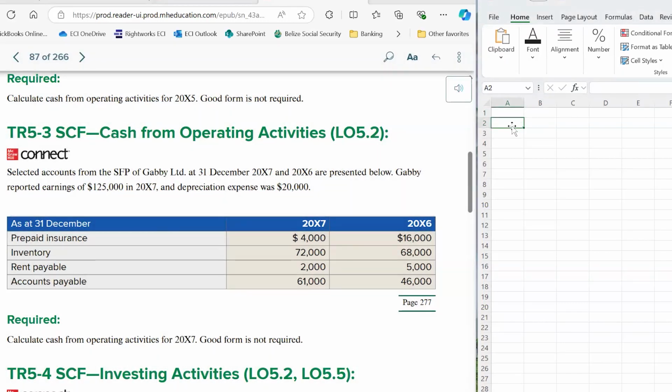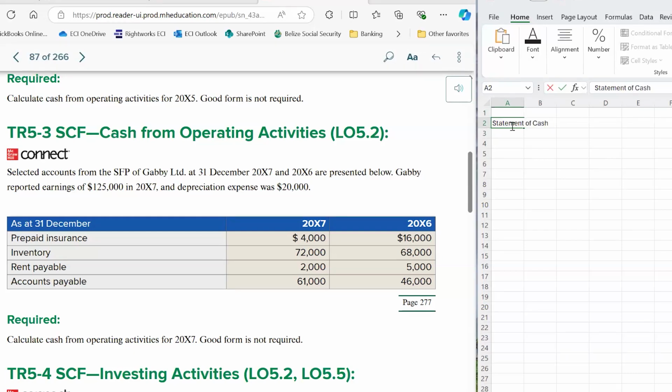So basically here, the idea is on a cash flow statement, we want to figure out what went through a company's bank account. And if you look at the income statement, you can kind of see things that they got in and things that they got out. But the problem is there are things that they didn't pay cash for because we do accrual accounting. So when we're doing the statement of cash flows,